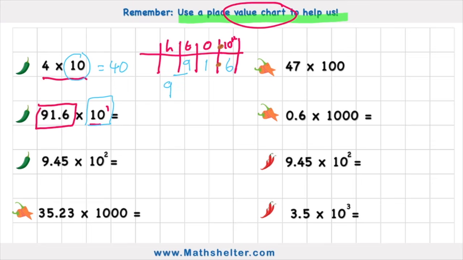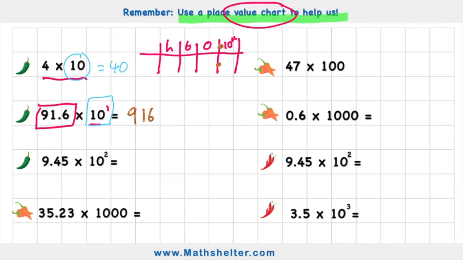So I'd have 9 in the hundreds column, 1 in the tens column, and the 6 would jump around the decimal and go into the ones column. Now if I wanted to, I could put my decimal back and my placeholder just to be sure, but my final answer either way is